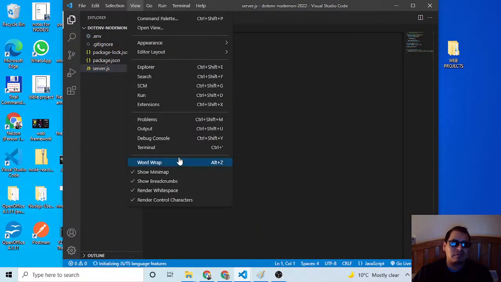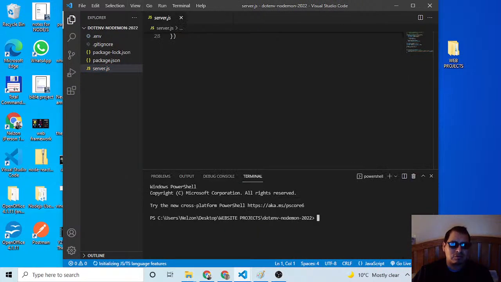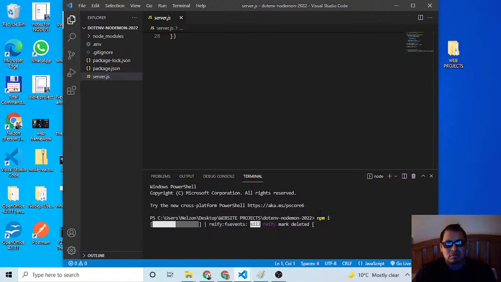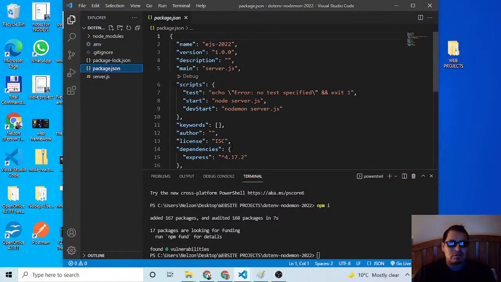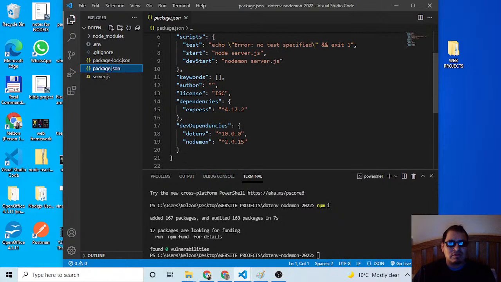Okay, we go to View, Terminal, Control plus. Okay, so what am I supposed to do here? npm install. Okay, and then let me go and check.